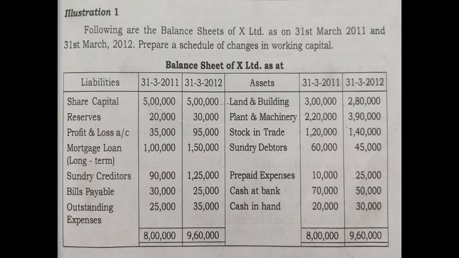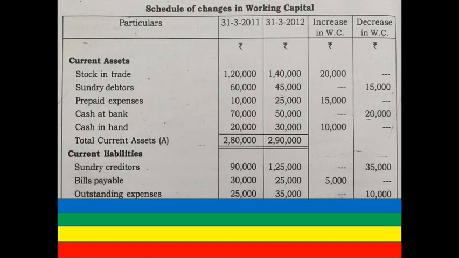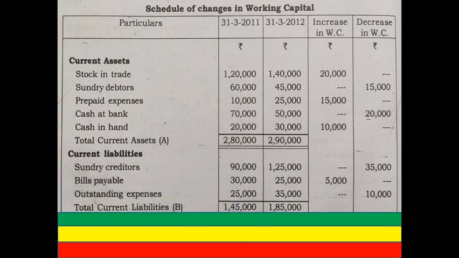So we have almost completed recording all the current assets and current liabilities in the schedule. Once you have done all that, you need to take the total of current liabilities. For that, you need to give total current liabilities, capital B. Remember, take the total of only these current liabilities. Never ever add all these items and put it as total.